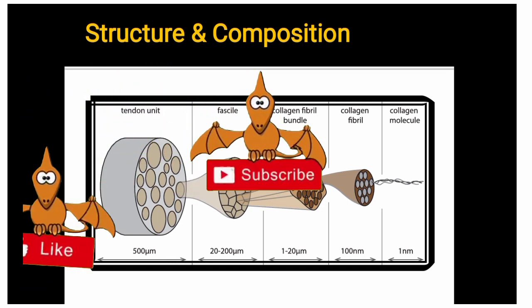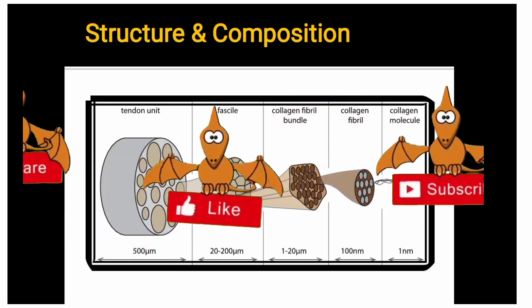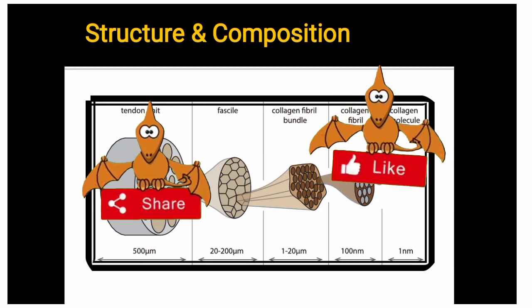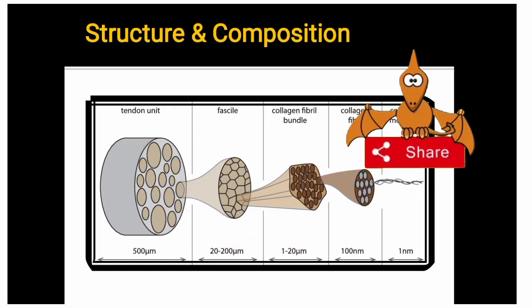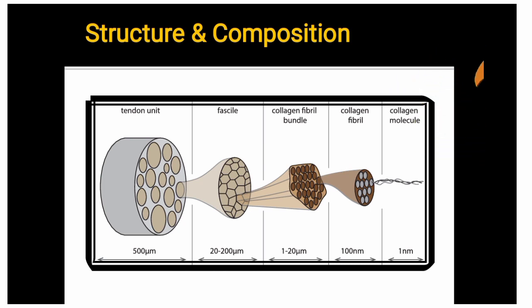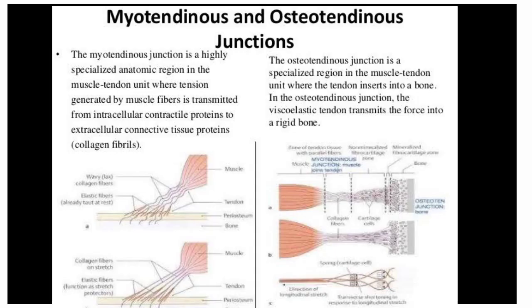Tendons are situated between bone and muscles and are bright white in color. Their fibroelastic composition gives them the strength required to transmit large mechanical forces. Each muscle has two tendons, one proximally and one distally. The point at which the tendon forms the attachment to the muscle is known as the musculotendinous junction, and the point at which it attaches to the bone is known as the osteotendinous junction.